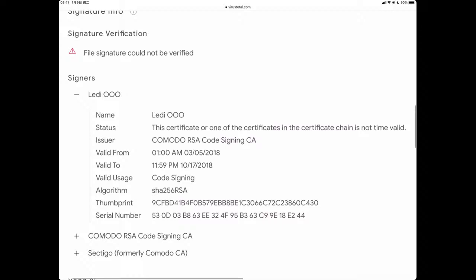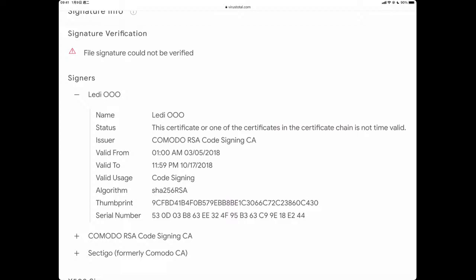So we can click it and see that the signer's name is called LEDIOOO. If you want to sign this PE file, you need to have a private key in the first place.